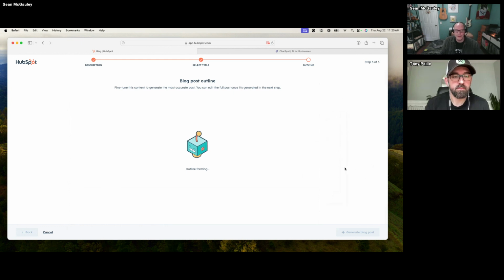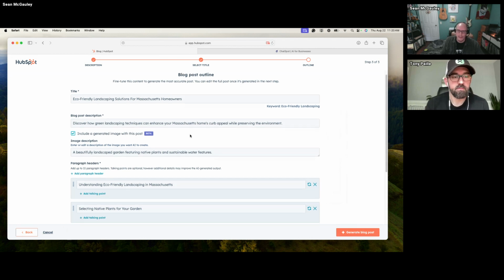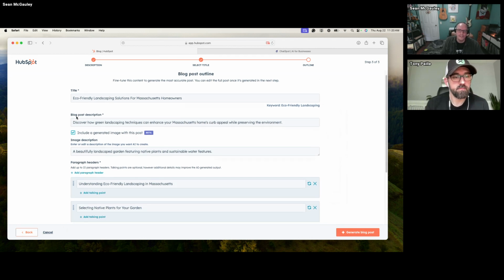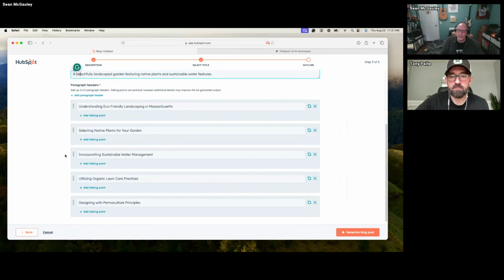And now it's going to take that information and the rest of our inputs and give us the skeleton of a blog post. So as you see here, it's got our title, it's got our meta description, it's developing an AI image for our blog post based on this description that it came up with. And then you'll see here's the skeleton of our actual post. It's got different section headers that it thinks would make for a good article to rank. So you can edit these, you can move them around. If you want to change the order of these,